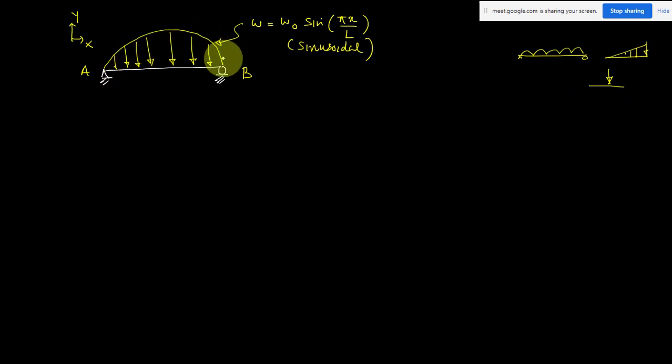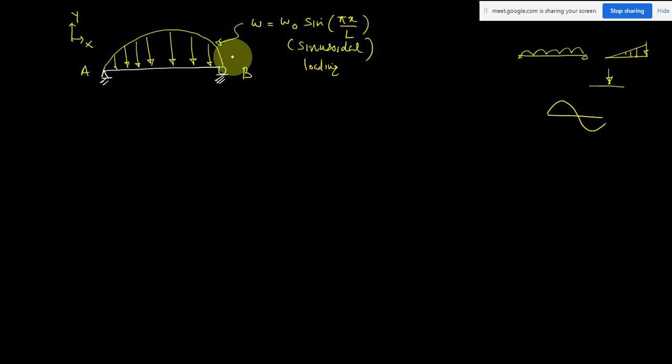Similarly, this is a loading function. The equation for the loading is given in terms of sine, so it is a sinusoidal loading. That means at x equal to 0, your load is 0. X equals 0 means at this point. If you take this section, this is your x, substitute that x and you will get some value of load. This is the variation of your loading. It looks like a sine function varying like this. That is why it looks like a parabola, but it is not a parabola. The load variation is sinusoidal, so we call it a sinusoidal loading.